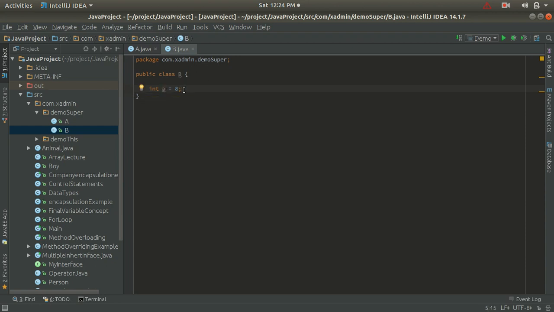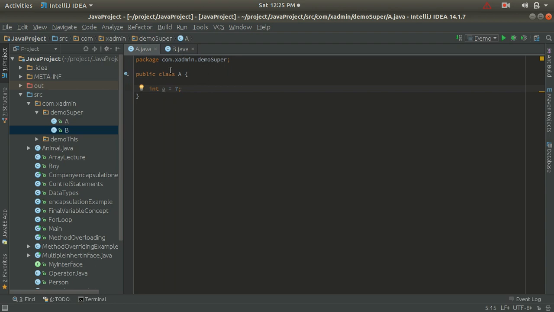Now I am going to use the inheritance concept. I am going to extend class A in class B, so class B extends class A. Here class B is a child class and class A is a parent class, right?